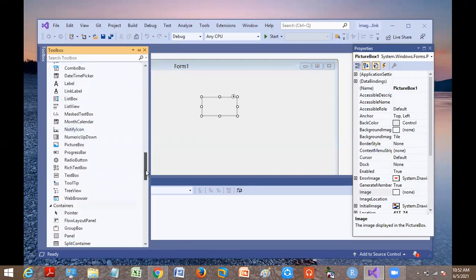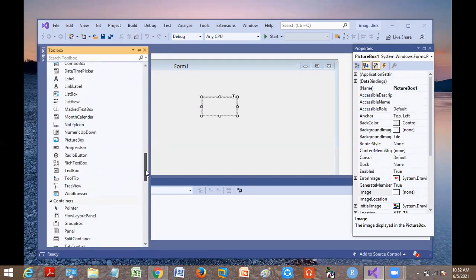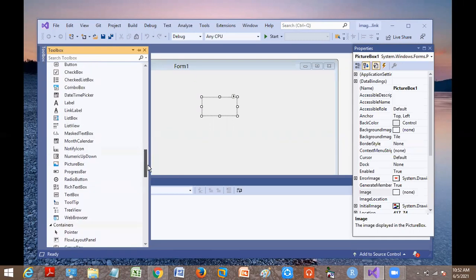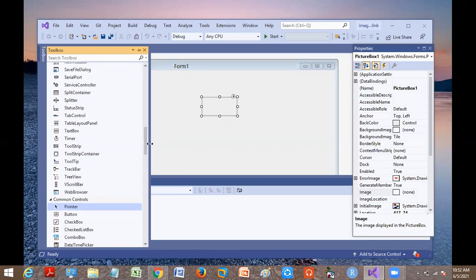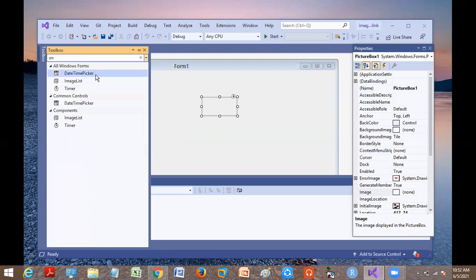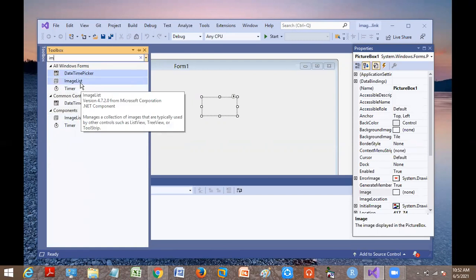Let's see, is there any other control apart from this? Can you see one more here? Image list.